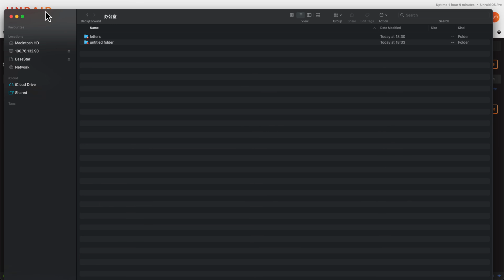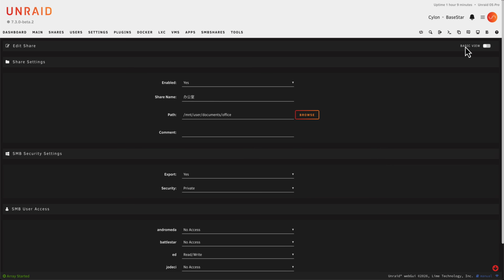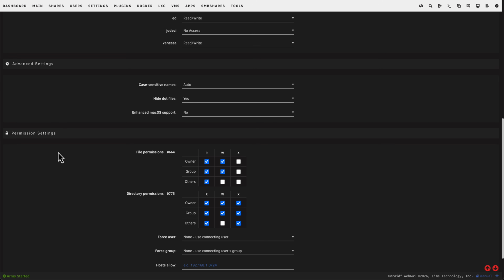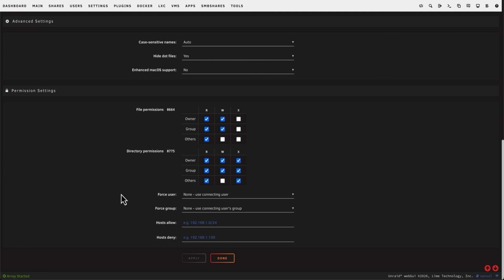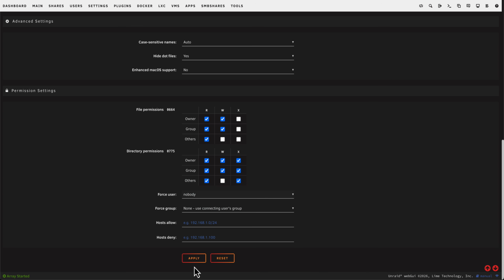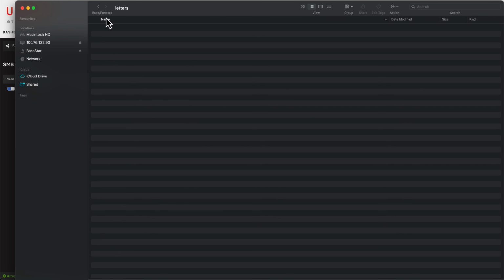What we need to do is go back to the plugin here and click onto Edit. And now if we toggle across here from Basic View to Advanced View, when we scroll down now, we've got more options. And we'll come back and look at some of these other advanced options later as well. But to fix this particular issue, we just go onto Force User here, and we want to set that to Nobody and click on Apply. So now I'm going to reload Samba again, go back to Finder,